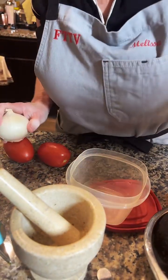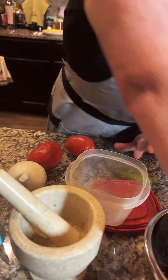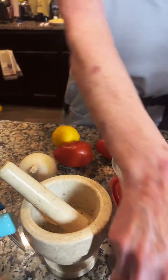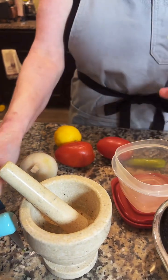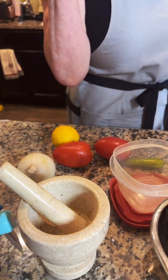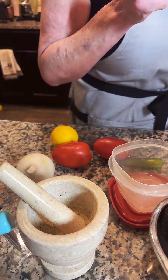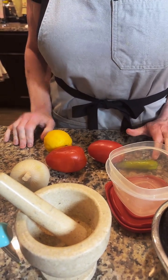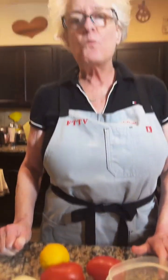Here's my onion. Guys, let me tell you a little something different about my pico. I know a lot of people have a lot of opinions about pico, and that's absolutely cool. We're all entitled to our opinions. My opinion is, you saw me put lime juice, didn't you, guys? You guys saw me put lime juice in my fajita marinade. In my pico, I don't want lime juice, guys. I want lemon juice in my pico. That's just the way it is. The same thing with my guacamole. You guys can do lime juice if you want to, but